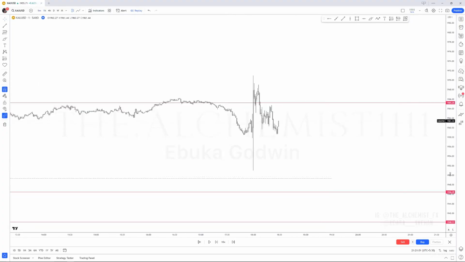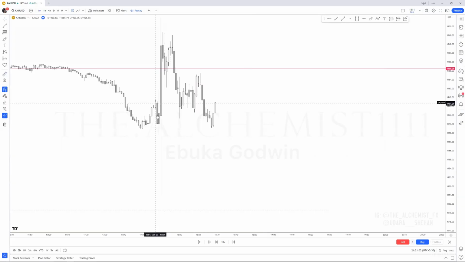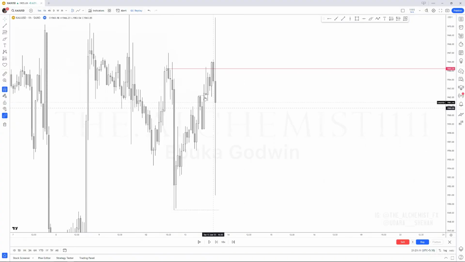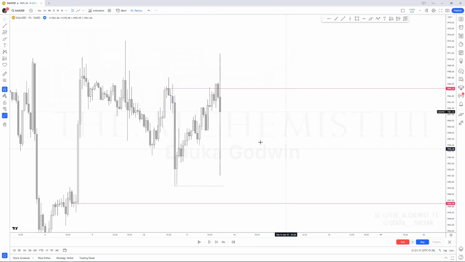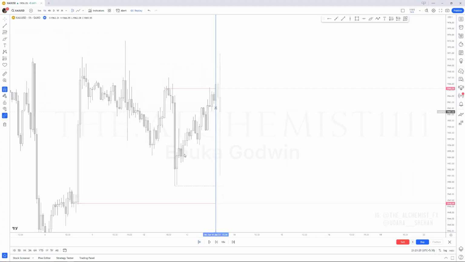But look at this, let me show that to you. See this? The sell happened before the buy. Can you see it? Opens, drops, and then it moved up. So you had enough time to pay yourself. I did not do that. But one important thing you need to note: why did it pull back up from here? What did we have in here for the market to pull back from? Let me show you. If I put the replay tool here,